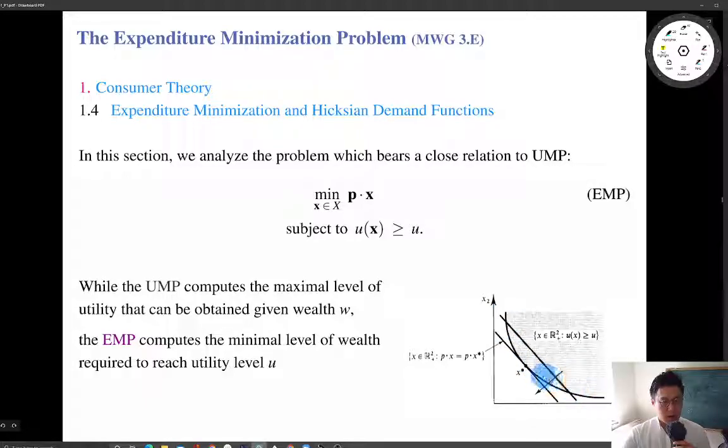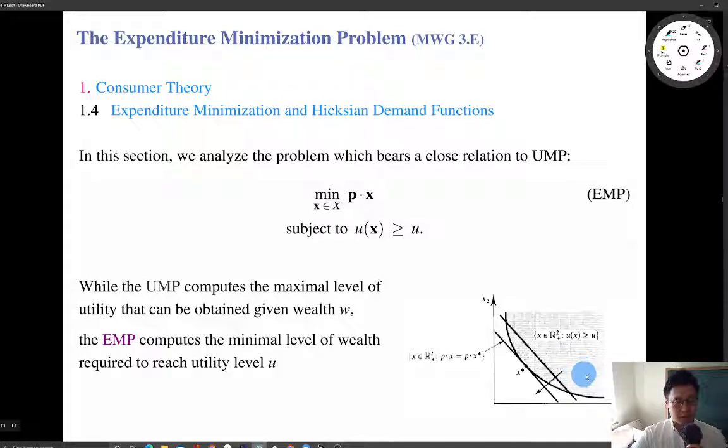Its level is given by the target utility U. That is a set of bundles giving the level of utility U to the consumer. The consumer wants to achieve at least this level of utility, so for this purpose, the consumer has to choose one bundle inside this region,